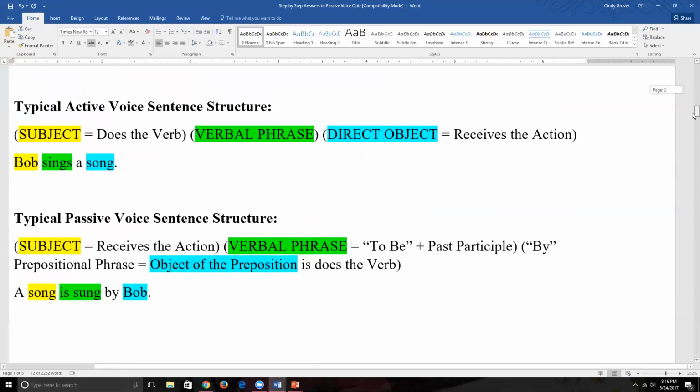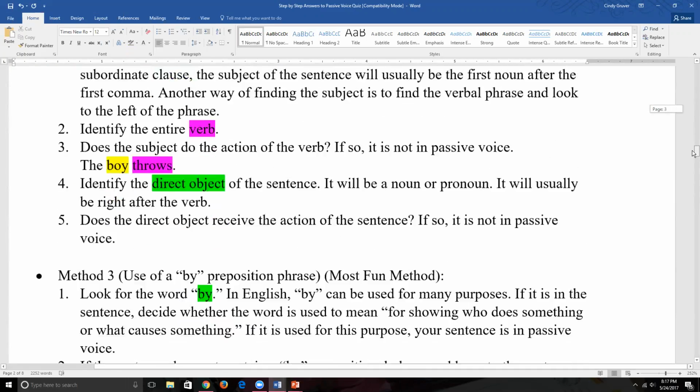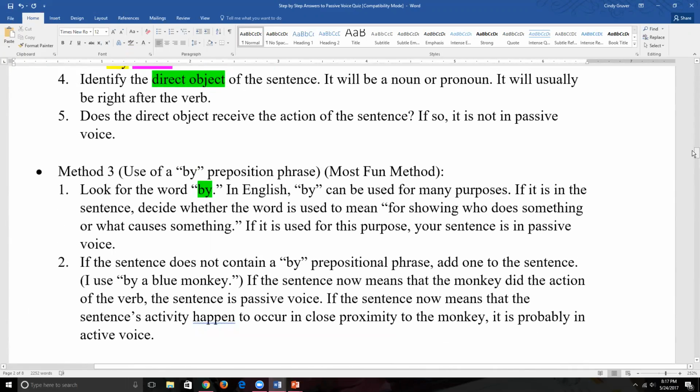Okay, so now we have a song is sung by Bob. It is possible that the song is being sung in close proximity to Bob, but Bob isn't singing at all. Maybe Larry is singing the song and Bob is standing there quietly. And what I mean to say is that Larry is singing the song in close proximity to Bob. But most of the time, we're going to interpret this sentence to mean Bob is the one singing, he is doing that action. So when you see a by verb and it doesn't mean in close proximity to, then you're going to look at that word and say,